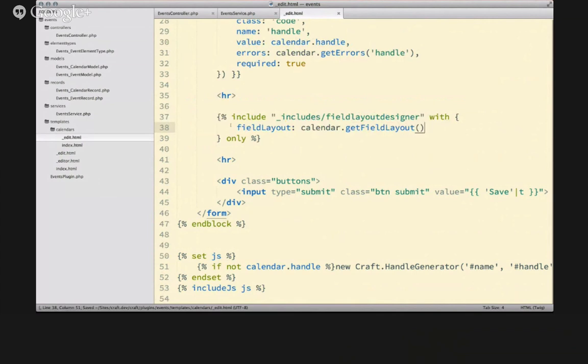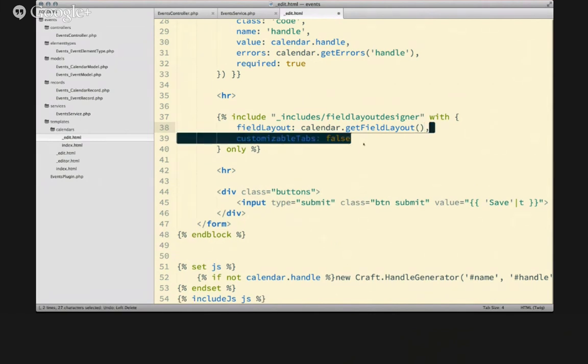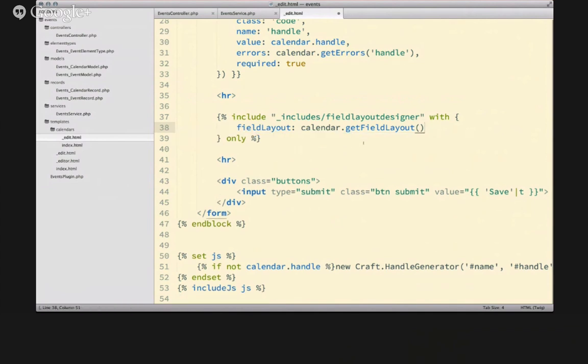I don't know if you've noticed, you probably have, that entries, for example, and sections in Craft have customizable tabs and everything else doesn't. It's pretty much just a matter of whether you include this line or not. There's nothing special about entries. So we'll go ahead and remove that. And just by including this,